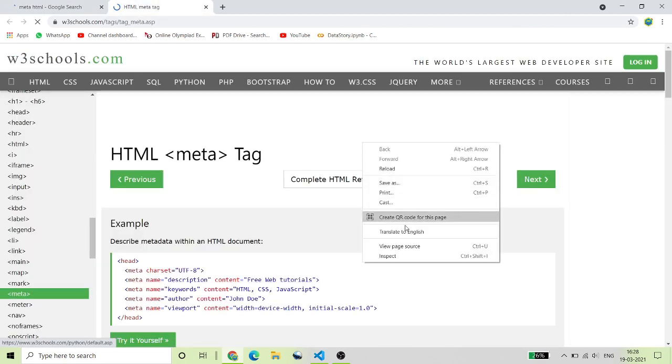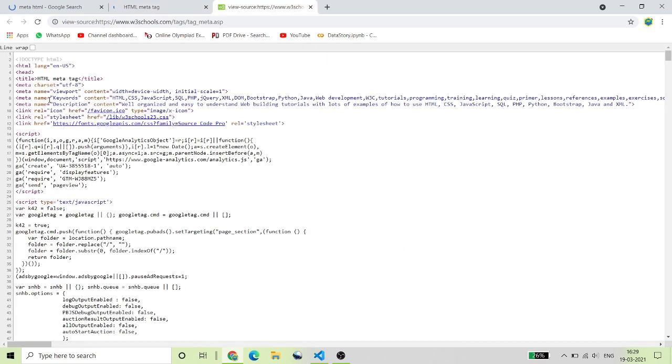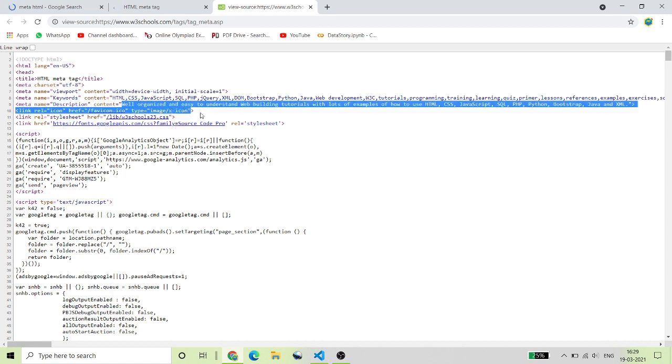If I go to view page source, you can see they are also using meta tags: description, viewport, UTF-8. These help them to rate their website. You can see the description here: well organized.